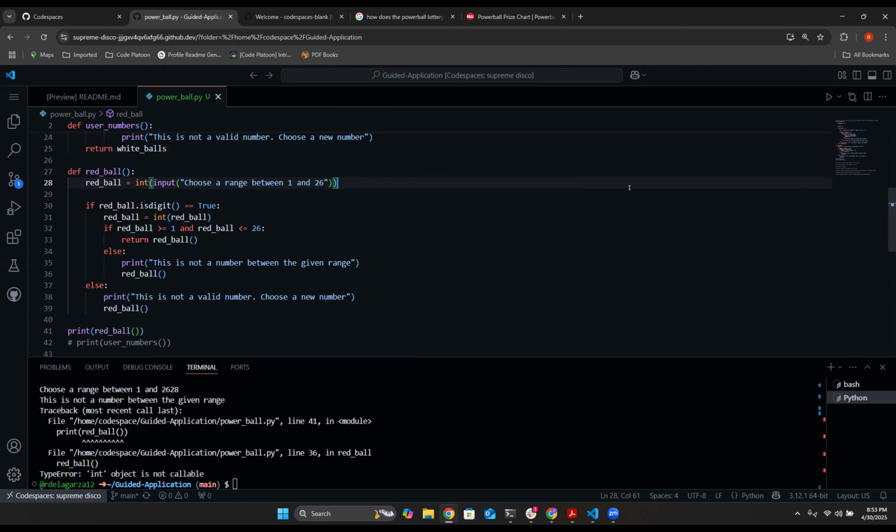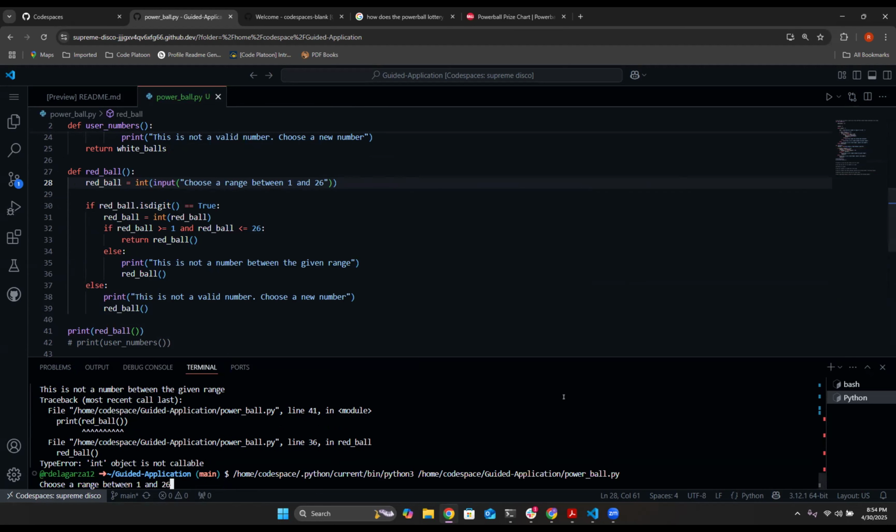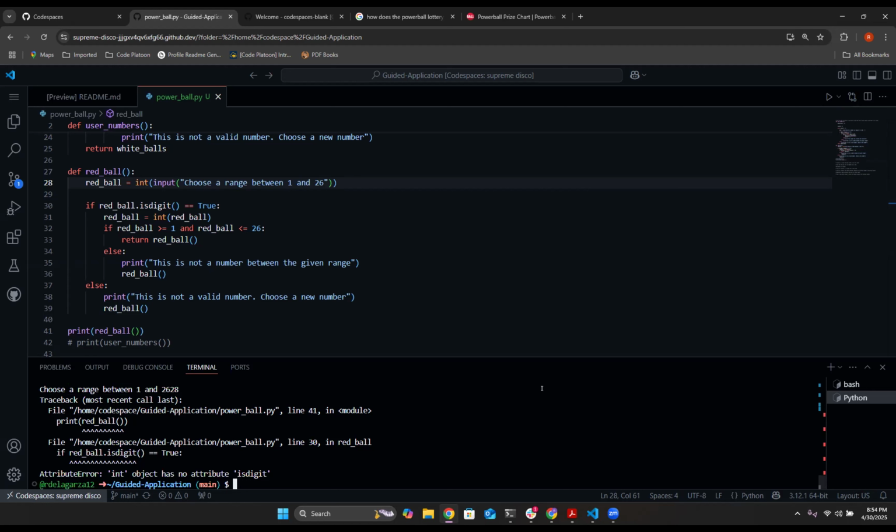So now that is an int, because on your nested if statement on line 32, you were comparing red ball to numbers while it was still in string form. Oh, but right above that on line 30 or 31, it converts to an int. Yeah. Oh, well, I missed that. I think Scott might be onto something. I think the fact that we're calling it red ball, we should have